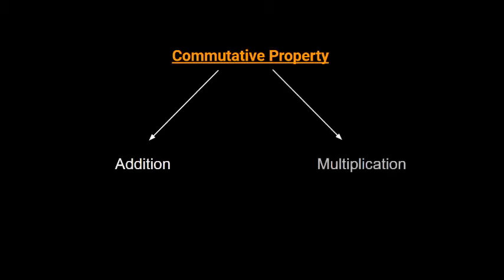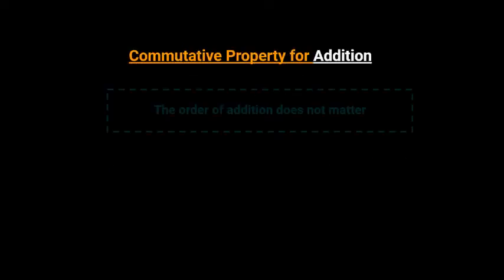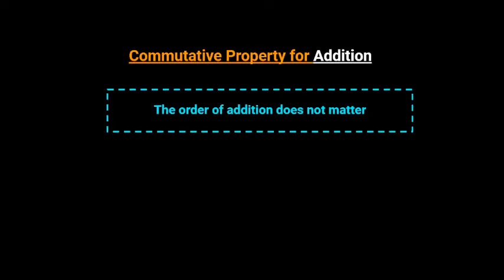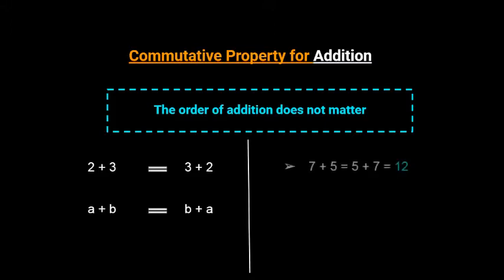Commutative property is of 2 types: commutative property for addition and commutative property for multiplication. Commutative property for addition says the order of addition doesn't matter, which means either we add 2 plus 3 or 3 plus 2, we will get the same result. So in general we say A plus B is equal to B plus A. Some examples are: